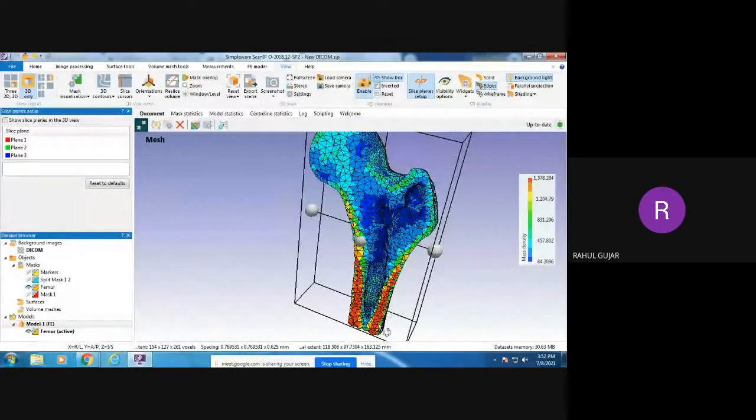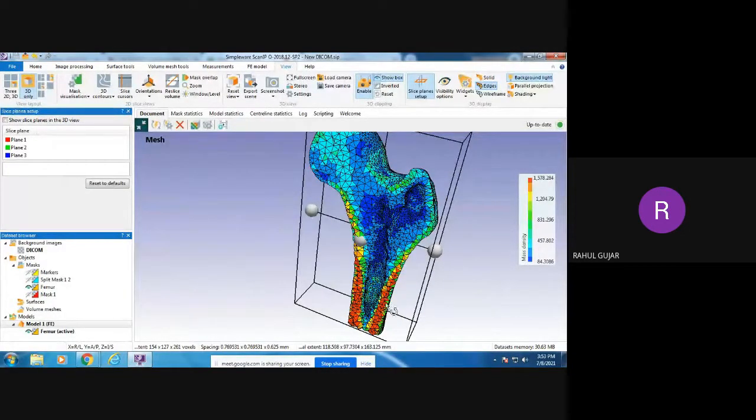The maximum density you can see is all around 1578.284 kg per meter cube, and it is more dense in this portion. So the bone is more dense in the shaft portion, which is called the cortical bone.